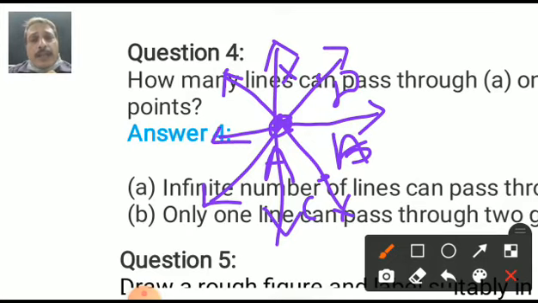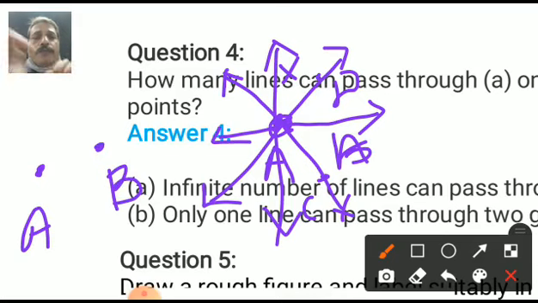So from the point A, 1 point is there. Here we passed 4 lines. You can take any number of lines. Yes, we can. Regarding the second point, B, what can we do? Yes, my dear students. Suppose there are 2 points, A and here we can say B.